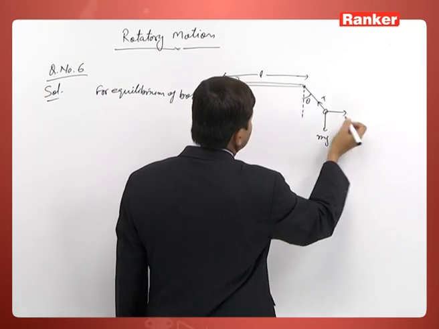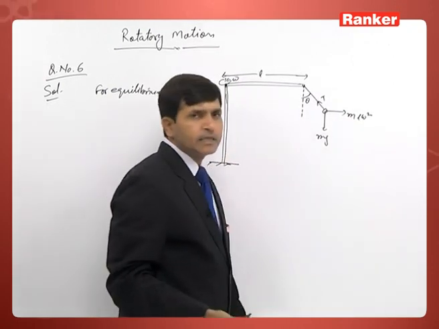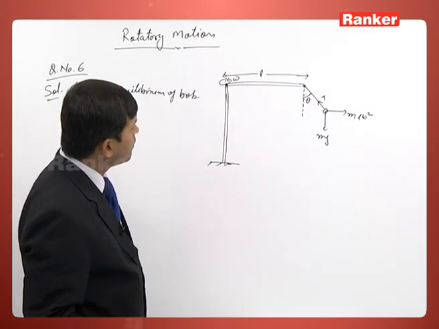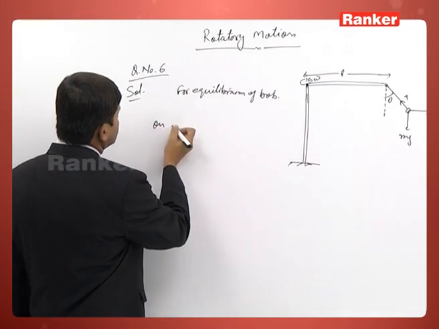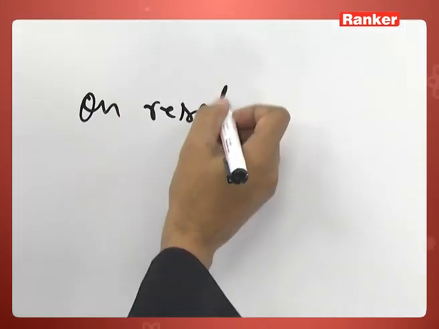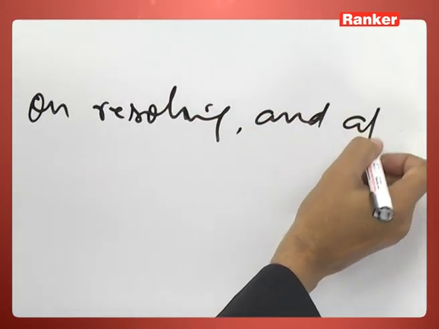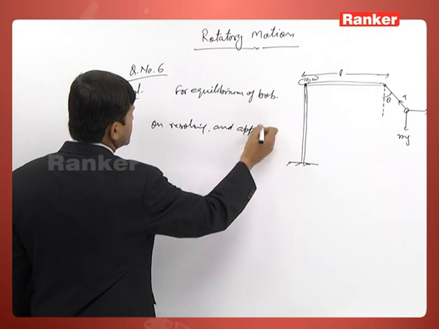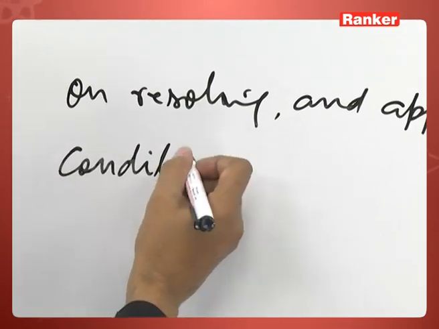This is the length L, so that will be m L omega square. Now we can resolve, and on resolving and applying the condition for equilibrium,